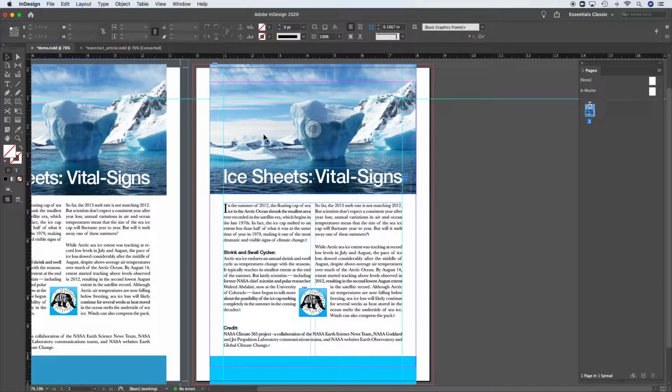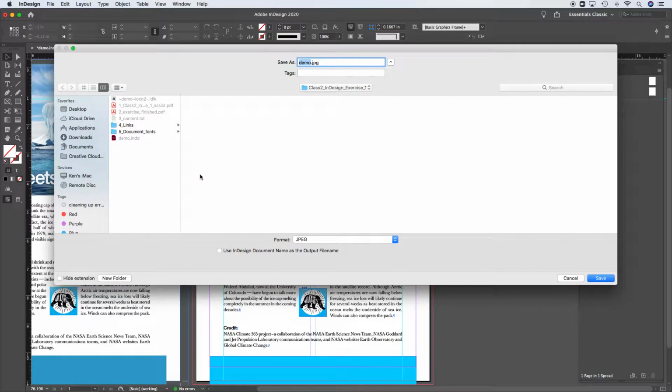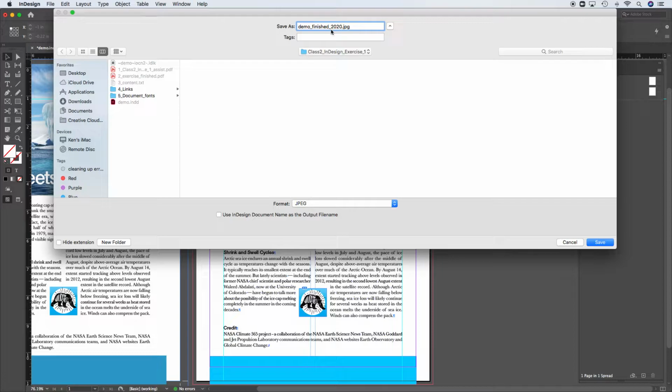And to export the PDF, which will include these crop marks, we'll go to File and Export. And I'm just going to change my file's name so that I know which one it was. And as far as naming, if this is one that you're submitting, you're going to want to put maybe exercise 1 and your first and last name. And we're going to go right to Adobe PDF print